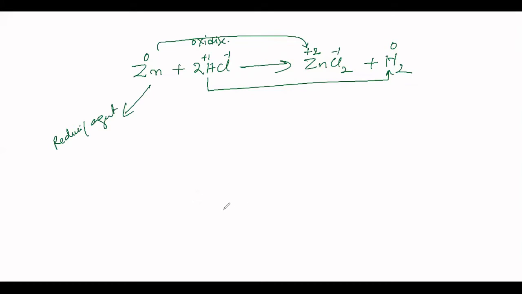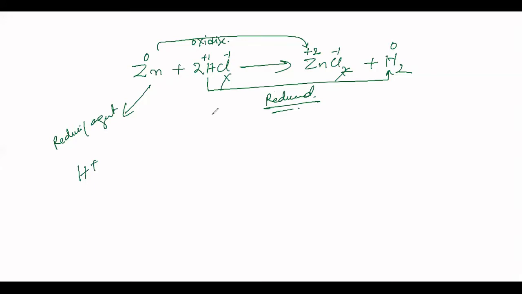Chlorine is acting as a reductant. Chlorine is not doing anything at all. It is a spectator ion. Neither is it acting as an oxidant nor a reductant. So you don't have to say anything about chlorine in this particular reaction. So it is not taking part. Hydrogen ion is acting as an oxidant. H+, +1 oxidation state to 0, which means it is getting reduced. So therefore, it has to act as an oxidizing agent. That is correct. Hydrogen ion is acting as an oxidant.